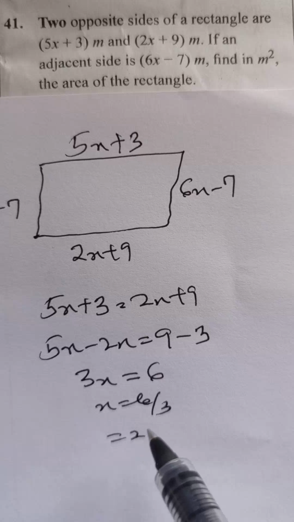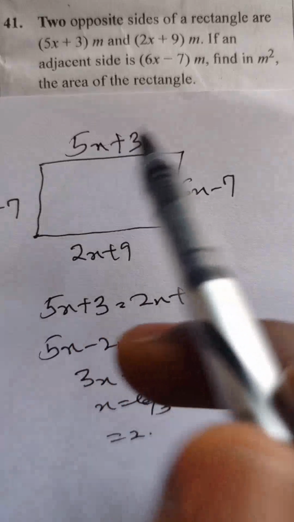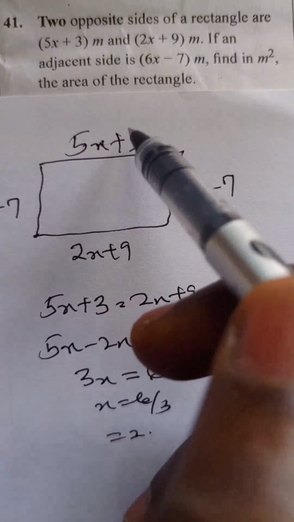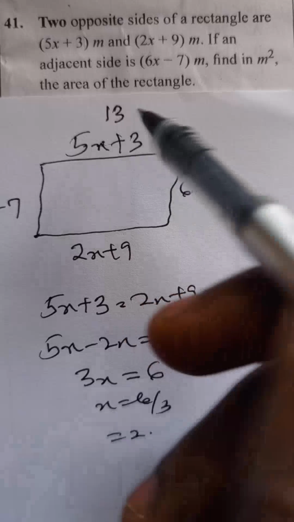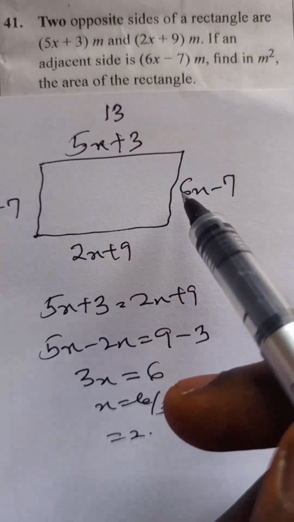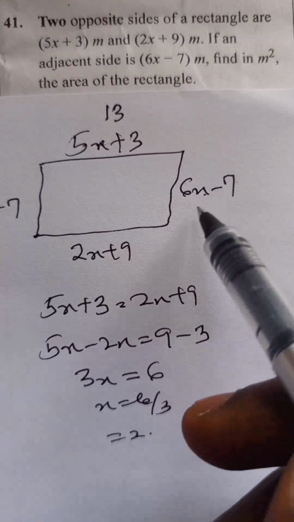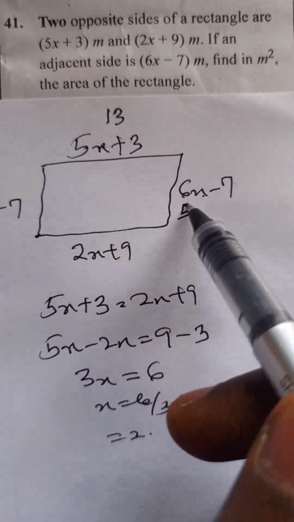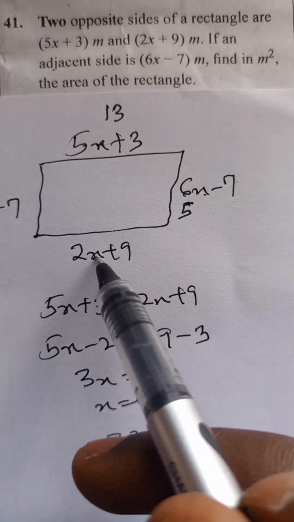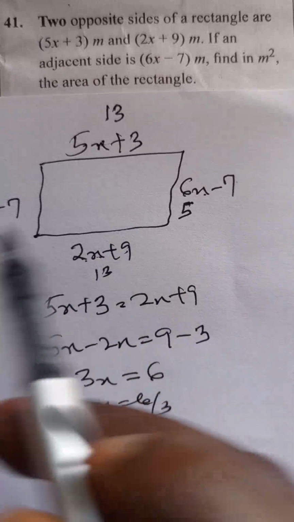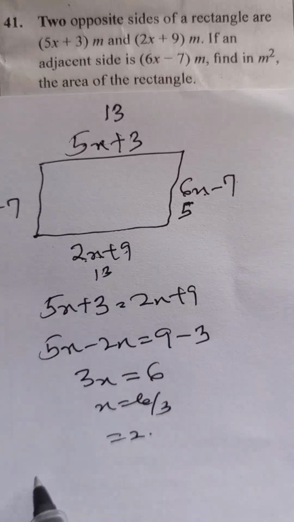If x is 2, we just need to put the value of x in each of these. So if x is 2, this is going to be 5 times 2, 10 plus 3, which means this side is 13. And this side is going to be 6 times 2, that is 12 minus 7. This is going to be 5. Likewise, 4 plus 9, 13, you see, they are equal. And if you want to calculate the area of this